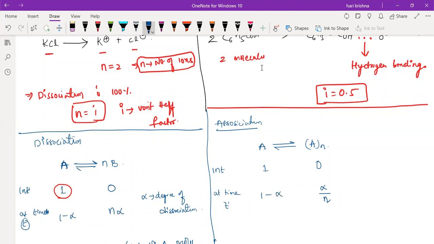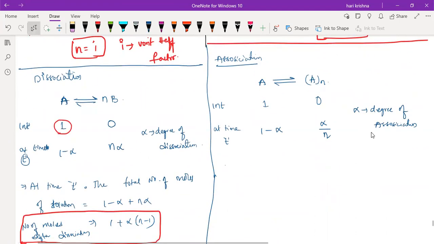How much will it decrease? It is 1 minus alpha. Here alpha is the degree of association. Both are the same. Wherever dissociation is happening, you say degree of dissociation; wherever association is happening, we say degree of association. Now, total moles after association: 1 minus alpha plus alpha by n, that is equal to 1 plus, if you take alpha common,